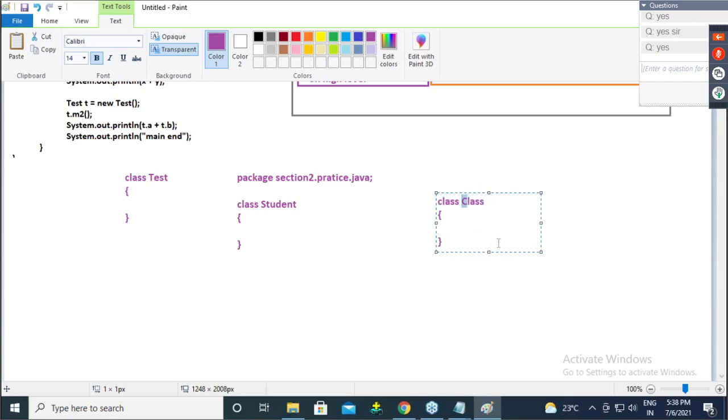C is capital. Here, Class is the name of that class. Is everyone getting this? So can I say Class is a class present in Java? Now you understood this tricky point. Class is a class present in Java.